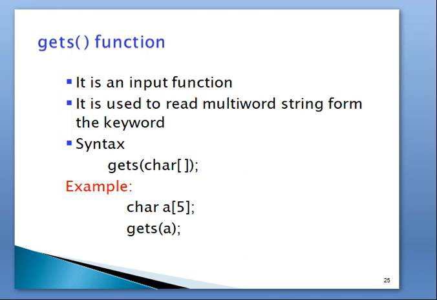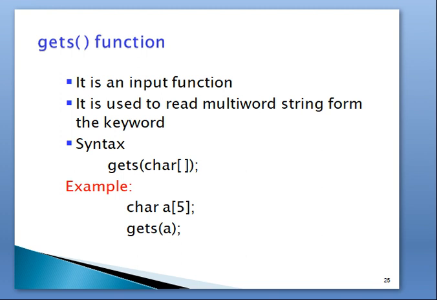Here, if you declare a character a, it stores only one single character. If I declare char a[5], it stores 5 characters under the same name a. a[0] is the first character, a[1] the second character, a[2] the third, a[3] the fourth, a[4] the fifth character. These 5 characters are stored under a single name, the character array a.